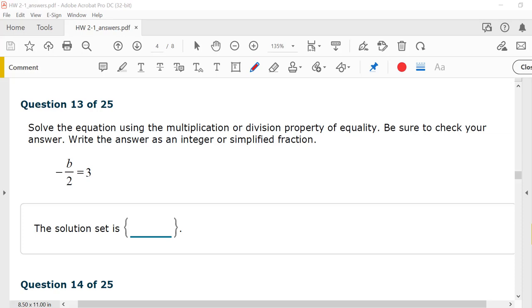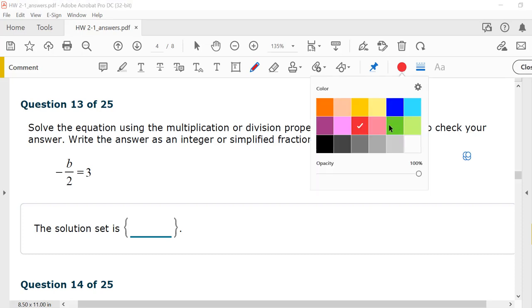Let's finish doing section 2.1 homework. I think we ended on question 12, so let's start on question 13 today. It says to solve the equation using the multiplication or division property of equality. And just to refresh your memory,